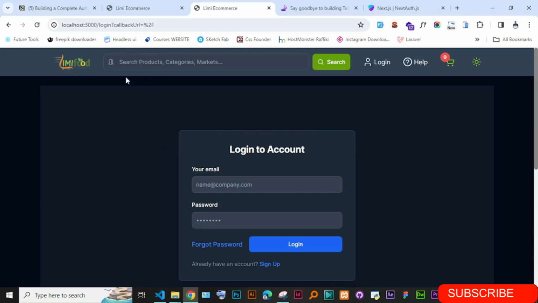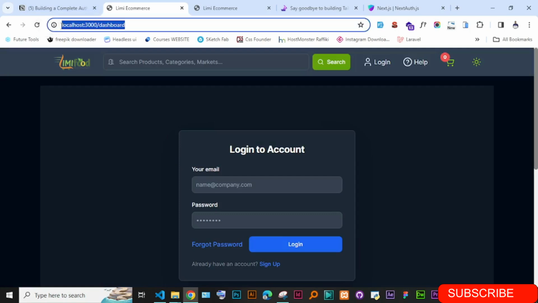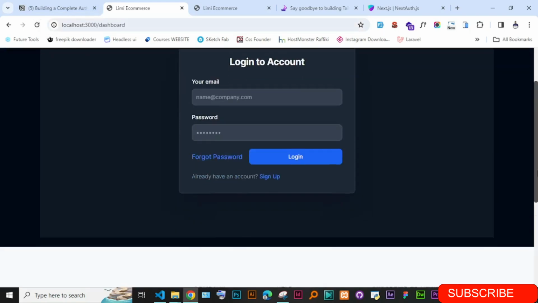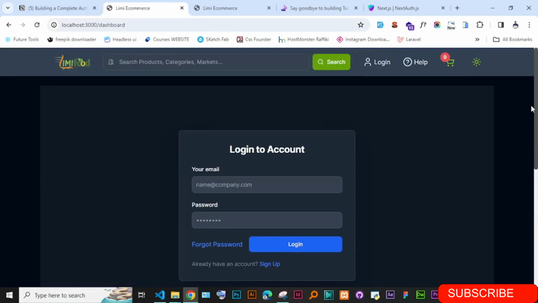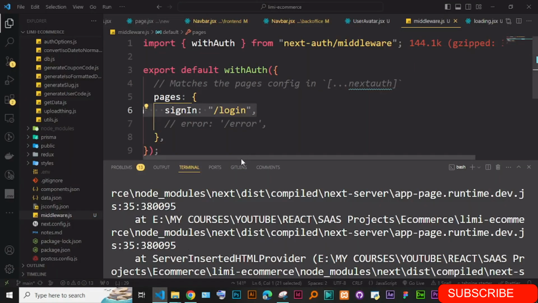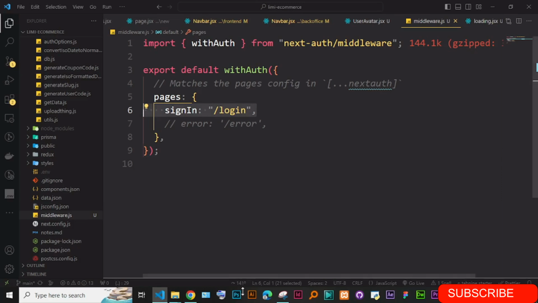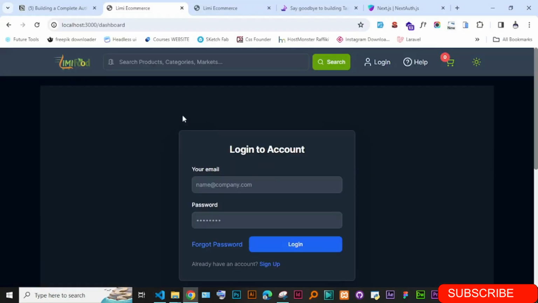Now you can see by default all the pages, if I just go ahead and go to the dashboard, you see that the authentication has been added to all pages automatically. That's really nice. I like that. And it's just by only putting this. So just simply put this, and all the pages